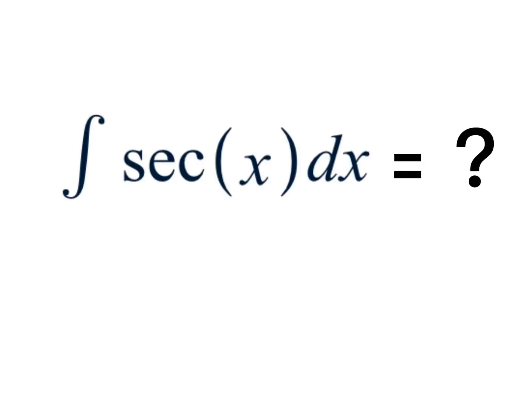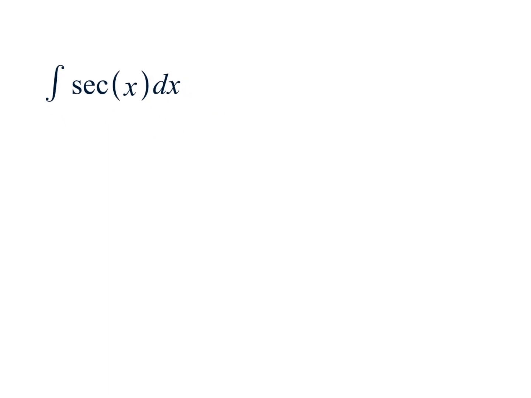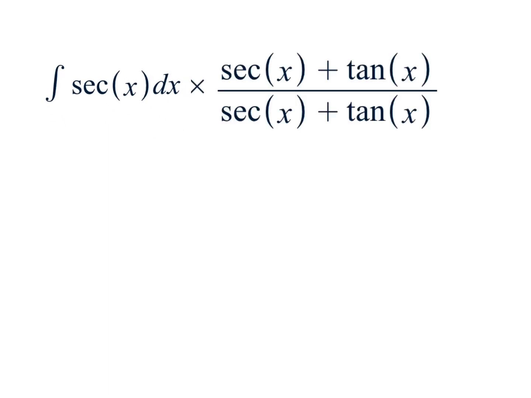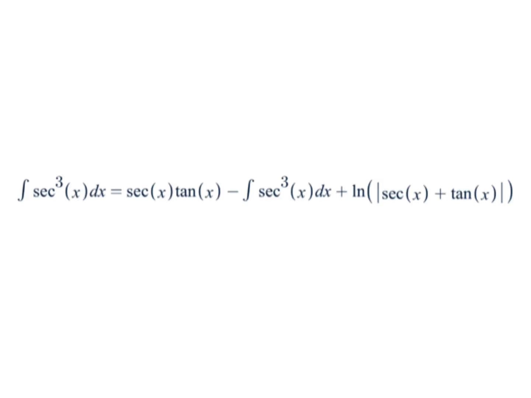And after you do that, you would end up wanting to solve for integral secant dx, which you would need to multiply by 1 using the hint that was given to you by Miss Mung of multiplying the top and bottom by secant plus tangent for both the numerator and denominator, and it would have to involve some sort of u substitution. And at the end, all that would be equal to integral secant cubed dx,